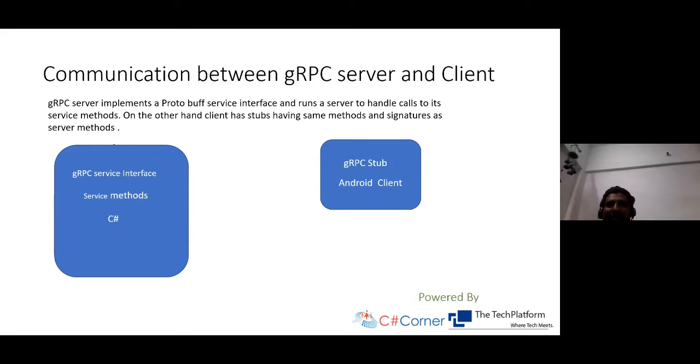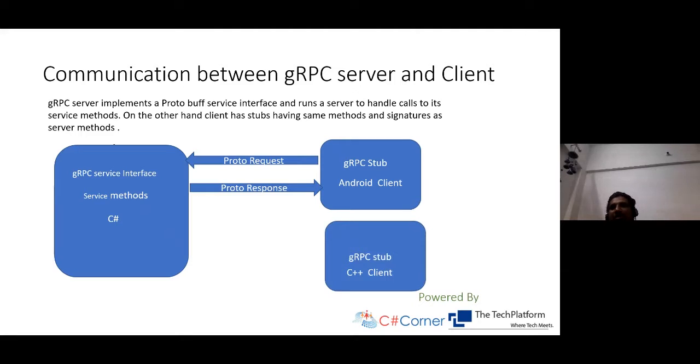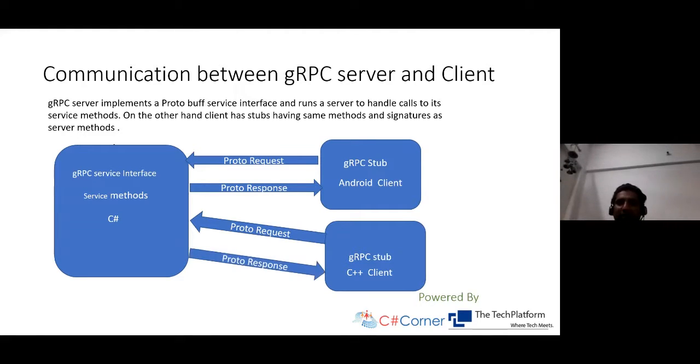This protobuf file can be distributed to any client, be it an Android client. We just give them our proto file, it will generate a stub, it will send a proto request, and in return it will get a proto response. The same file can be distributed to another client that can be a C++ client. Again, they will implement the stub from our proto file, send the proto request and get the proto response.